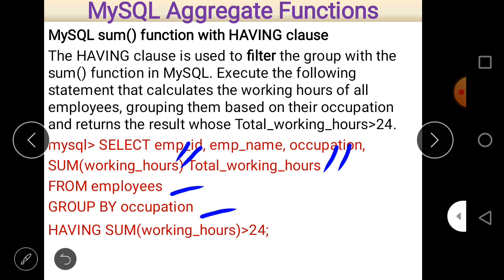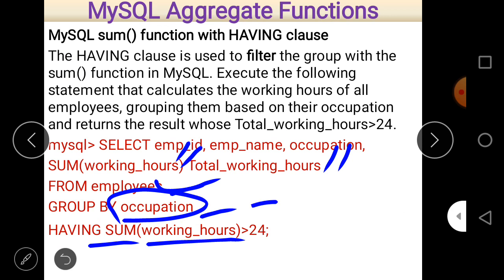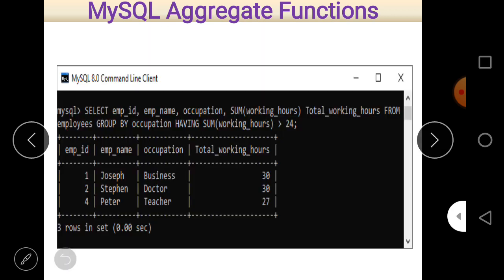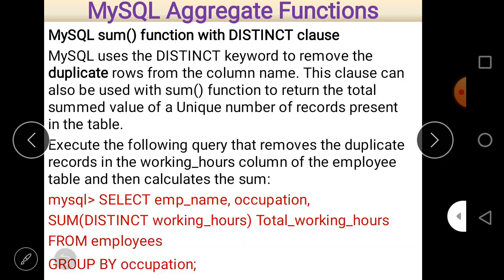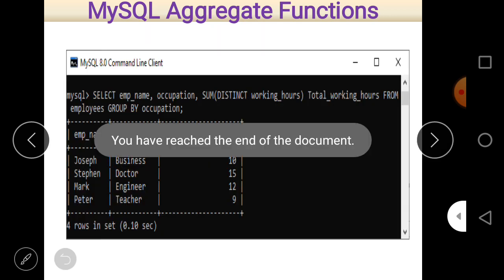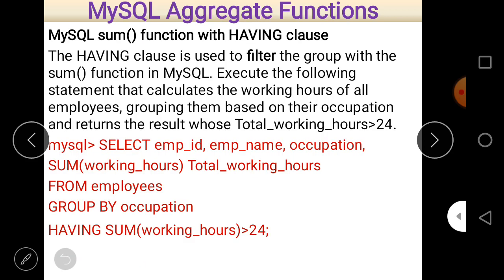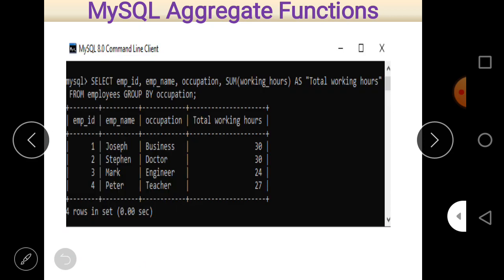FROM employee means the table name is employee, and then GROUP BY occupation, we make a group on the basis of the column name occupation here, and then there is a condition HAVING SUM(working hours) >= 24. So it will take only the data whose working hours sum is at least 24 in a group. In previous cases, 30, 30 and 27, these are the three records which we found here, and in this case, yes, okay, these are the data 30, 30, 24 and 27.